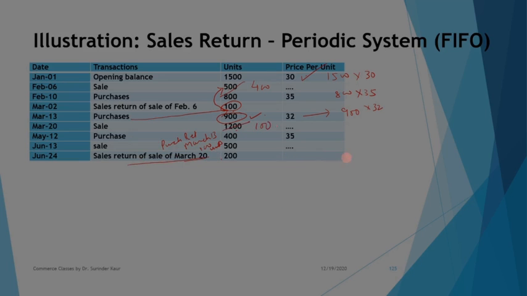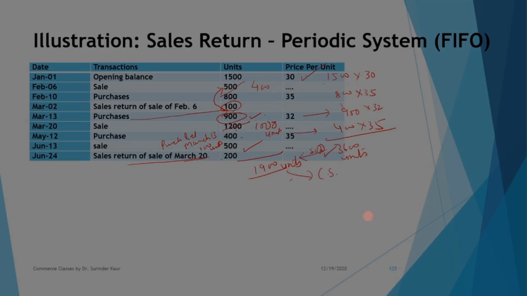So it means your final sale here is 1000 units. Then you have purchase, same 400 into 35. Then you have sale of 500 units. So in all we are selling 1900 units, and in all we are purchasing 3600 units. It means our closing stock will be, out of 3600 units, if you have sold off 1900 units,